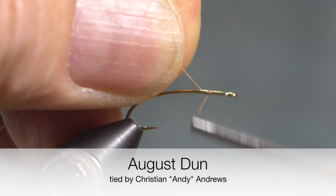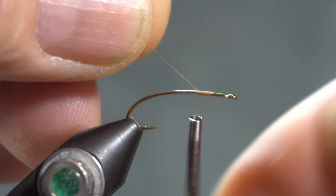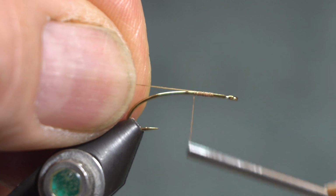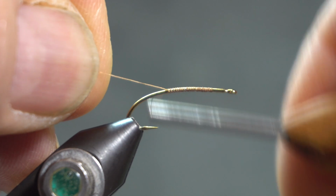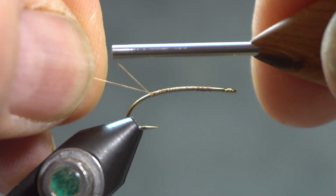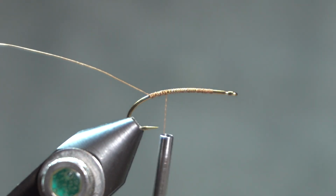This fly is called an August dun, and we use the word dun in a couple of different ways in our fly tying vocabulary. It can be a color, and I will actually be using a light dun color feather for the tail on this fly. We also use the word dun to describe the stage of a mayfly or an Ephemeroptera